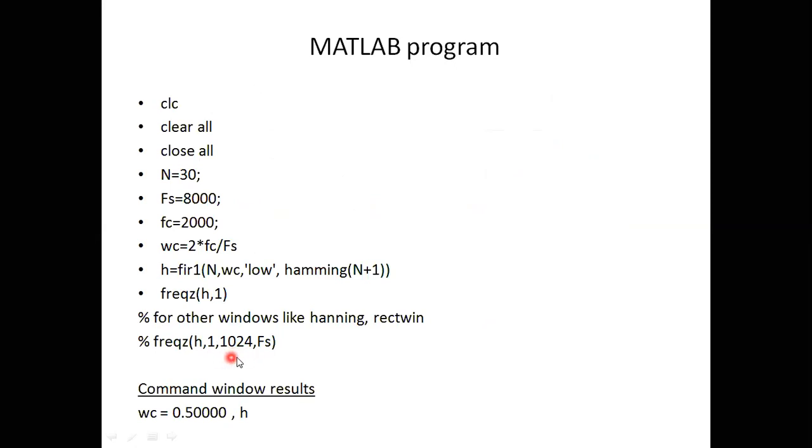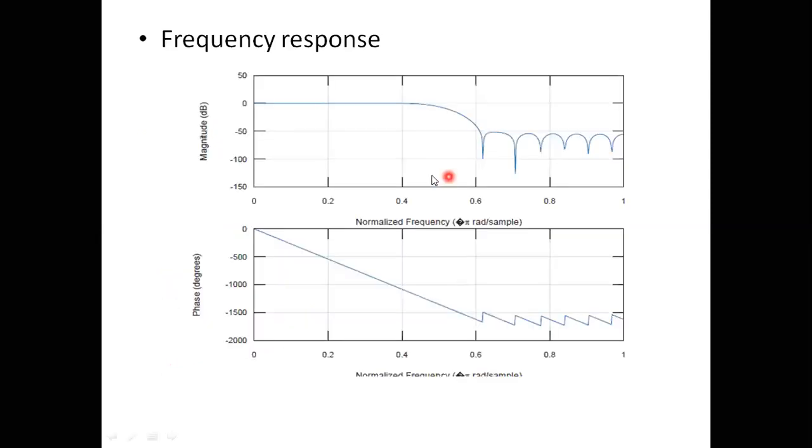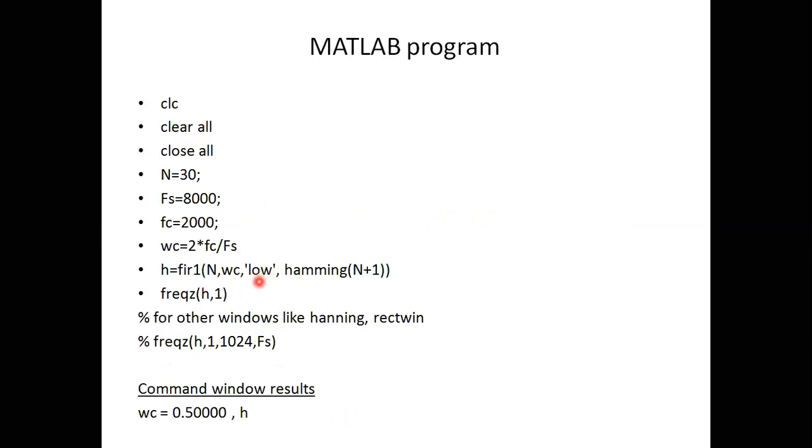So these many points we are using in the plot for the frequency response, and the sampling frequency you also need to include, because you need to plot up to the Nyquist rate. That's why the sampling frequency is also included. So in place of the previous command, if you write this command, in your magnitude plot or phase plot you will get all the frequencies in hertz. Clear? So this is the frequency response of the FIR filter, low pass and high pass. If you want to design a high pass FIR filter, here you need to write the word high.